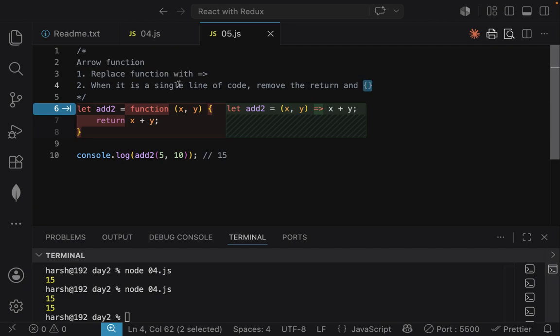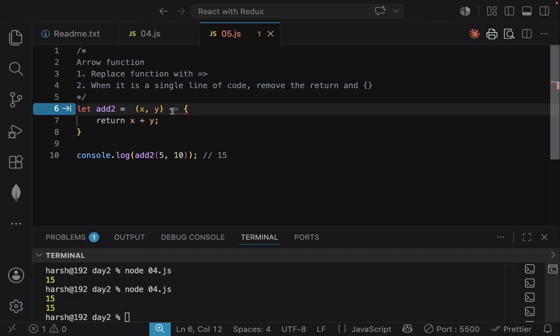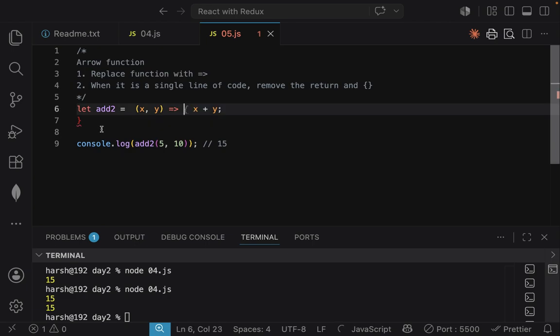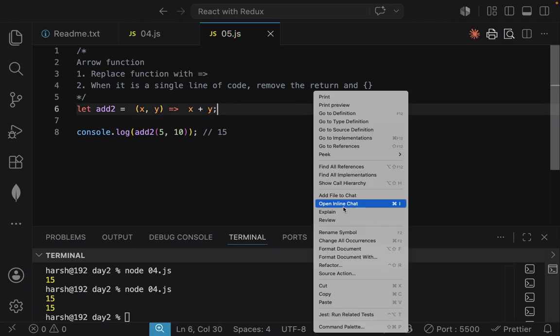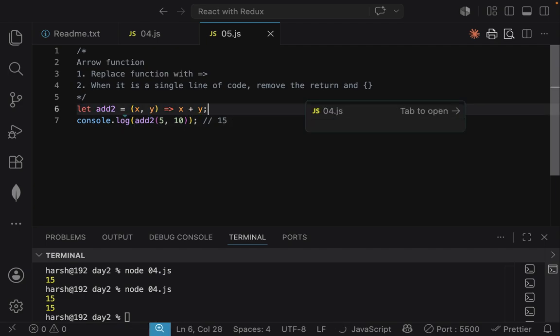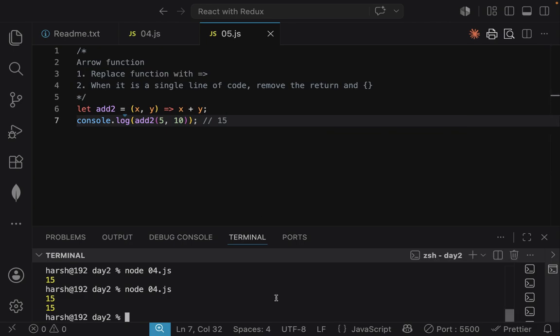So what we can do is, first we can just remove the function as I mentioned, and replace the function with this. And because we are just having a single line, there are no conditions, so we can remove the return, and we can remove this as well. Perfect. So we can just have the function like this, and then we can call the function. So now when I'm running this code,